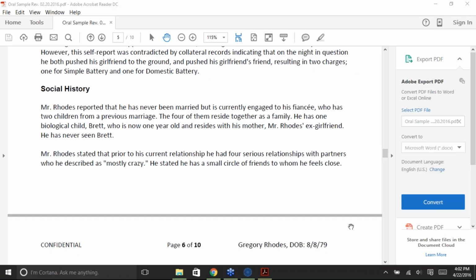So when you're doing a test like the Personality Assessment Inventory, they provide scales for positive impression management and negative